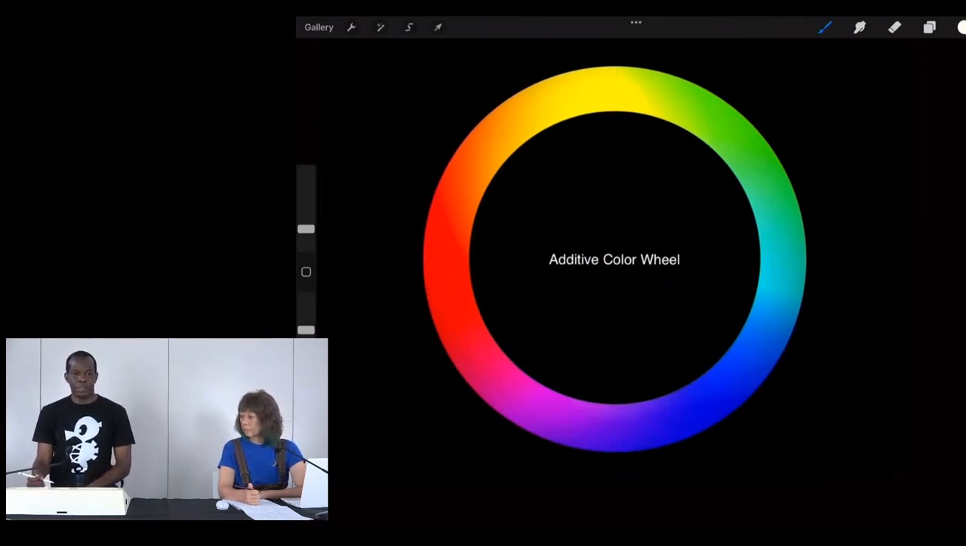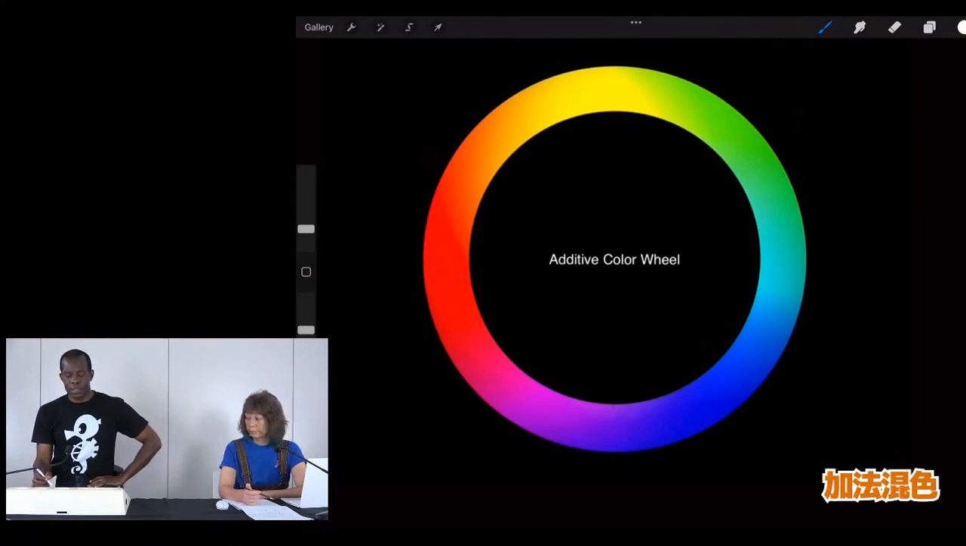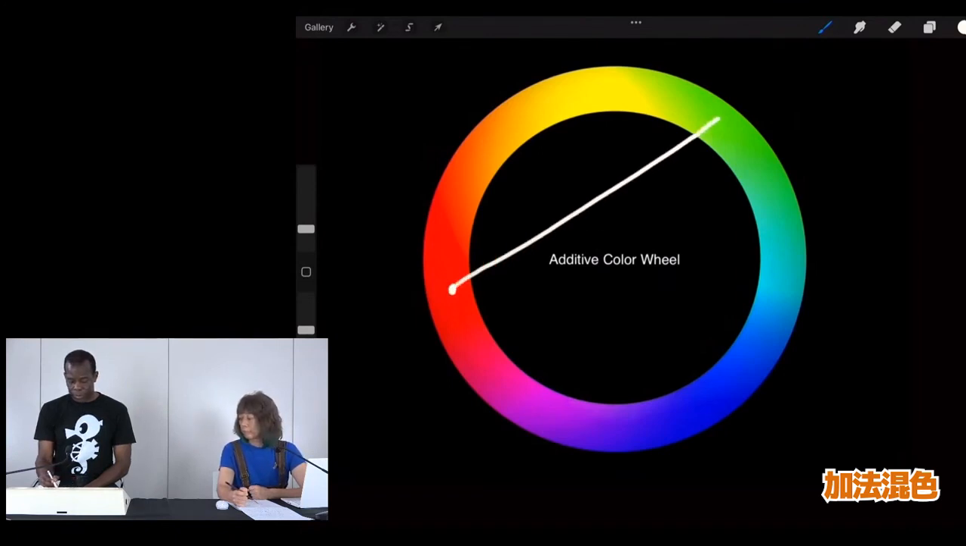This is what we call an additive color wheel. Now, this is designed for understanding light. So when you start combining these colors, you're going to get white light. Yeah. So basically, if I have, let's say, this red here, and I draw that across to this green here,